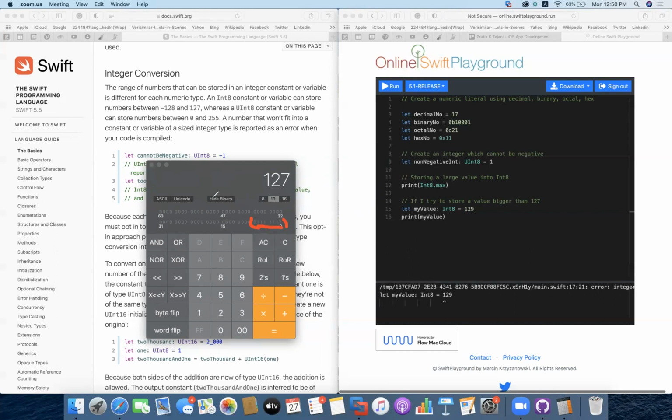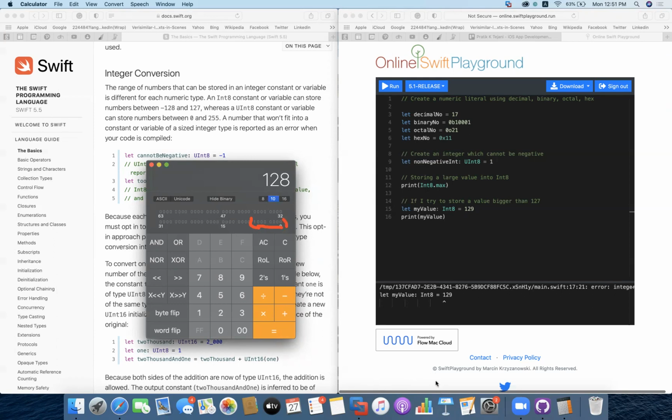If we go to 128, you can see that it is crossing that number. It is accessing the sign bit also, and all the other 7 bits are 0. Can you see that? So we cannot take that space. So 128 is not possible to store within this int8, but we can store that in a 16-bit number.